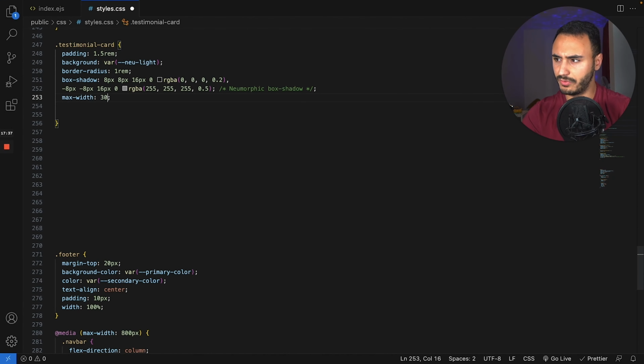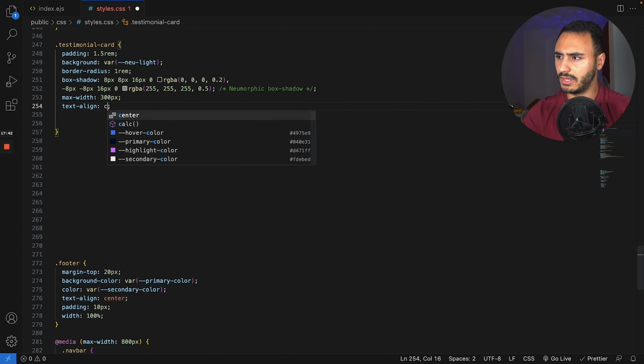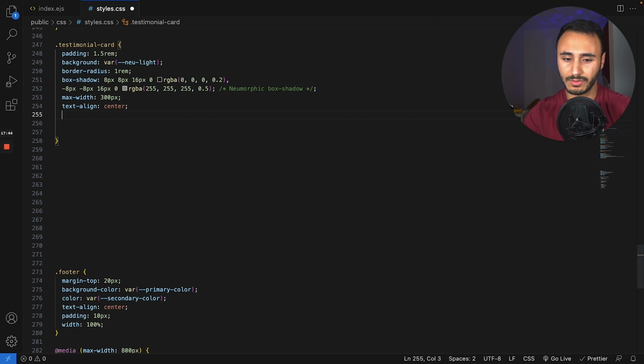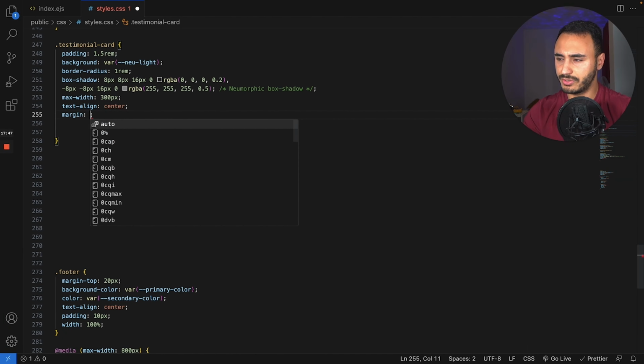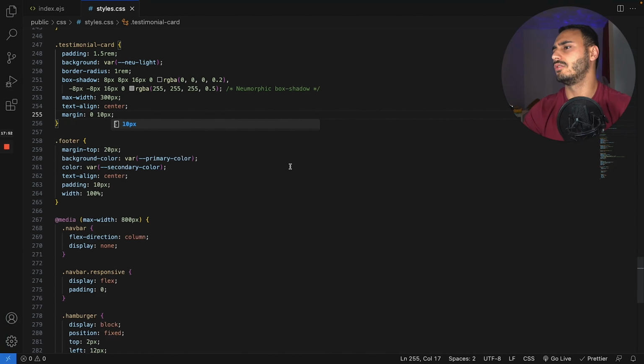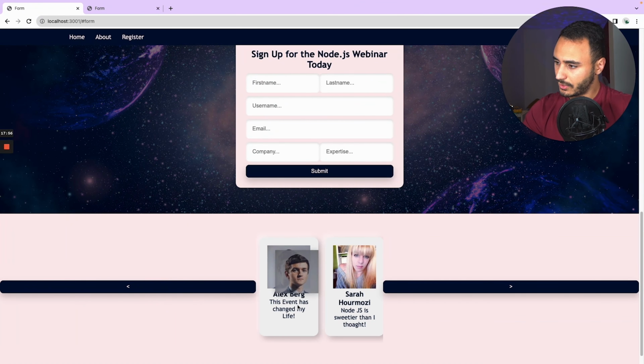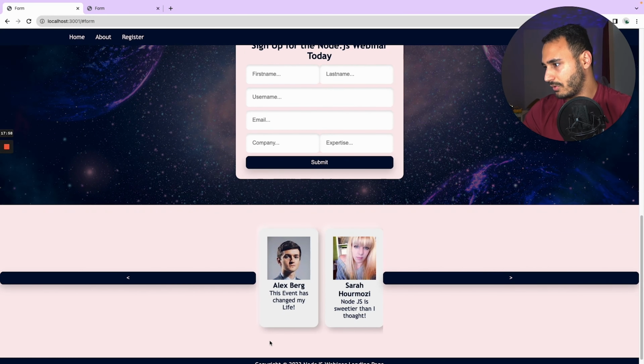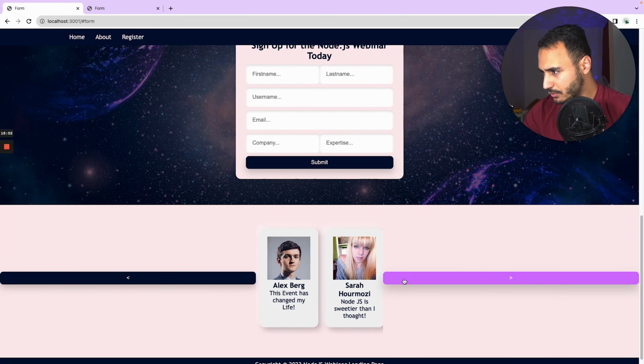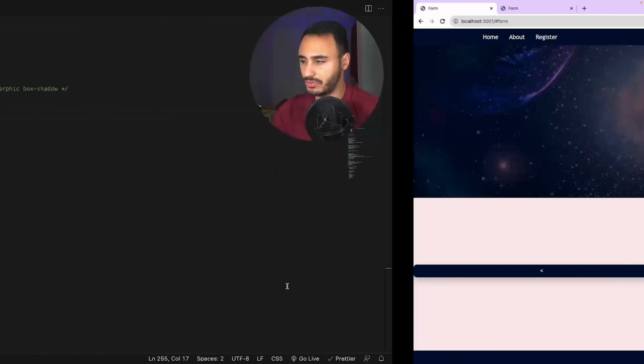Max width would be 300 pixels. The text align should be center, so align the text to the center, and I'm gonna add margin 0 and 10 pixels horizontally. Save, refresh. It starts to look much better, man, especially with the shadows. It's pretty good. Now what I want to do is, when hovering, I want to change the styling a bit